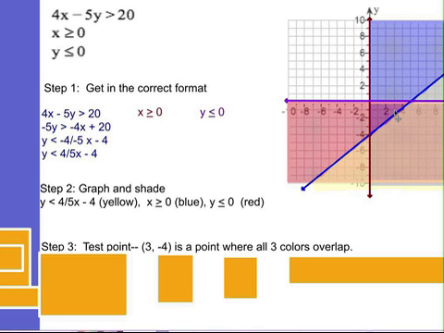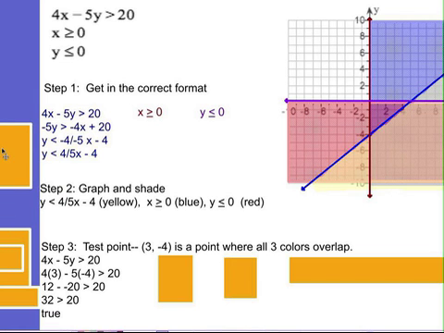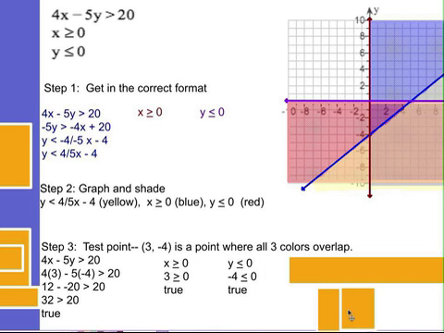So I pick a test point. This time I picked 3, -4, which is right here. That's my test point. So once again, I plug it into my original equations. When I plug in my x and y's into my original equations and simplify by doing the math, the first